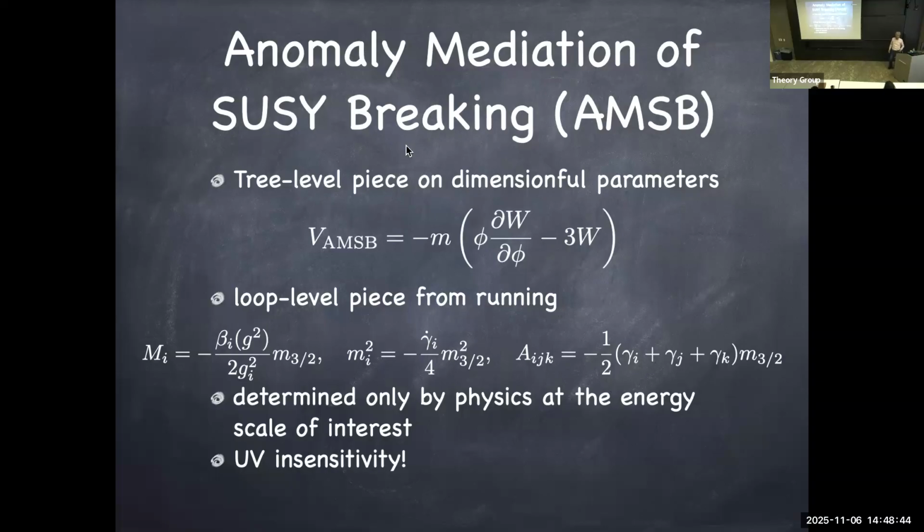Hitoshi, gamma dot i in principle should be negative, right? So then the m_i squared should be positive, right? Yeah, it could be negative too. But wasn't there a problem in the slepton sector? So that was a phenomenological problem: if you want to use this scheme for LHC phenomenology, the slepton couples to the U(1) hypercharge gauge boson, which is not asymptotically free, with a positive beta function. So you would predict the slepton mass squared is negative.